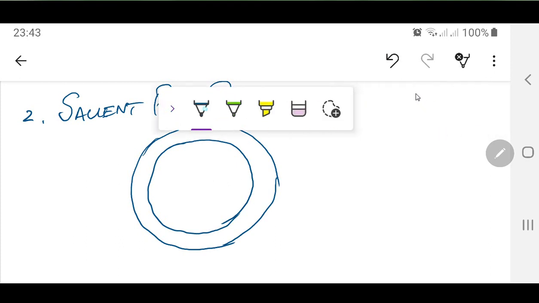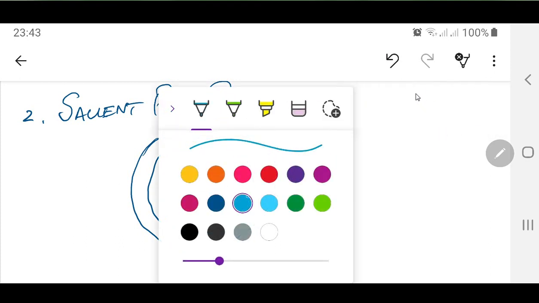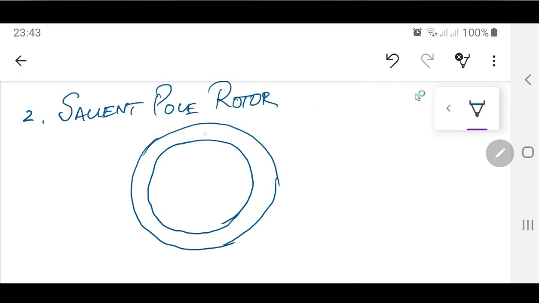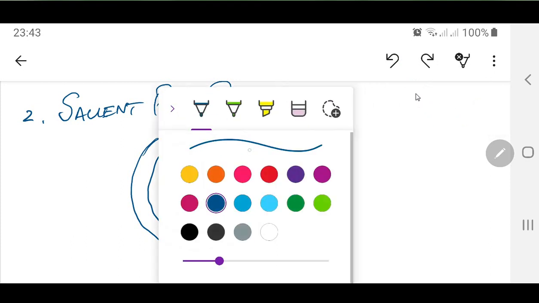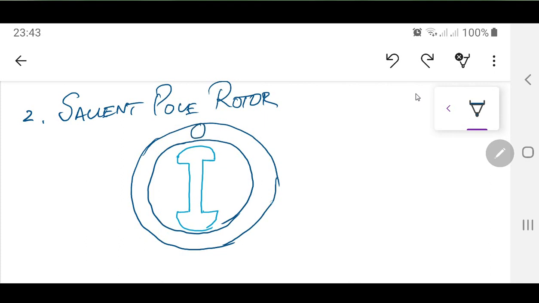If the stator is there, the rotor in this case is going to be like this, and let me just complete the previous stator slots. These are the stator slots: A, A dash, B, B dash, C, and C dash. Now the rotor over here, as you can see, is just a simple bar,